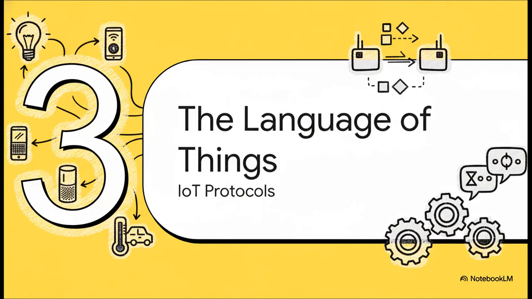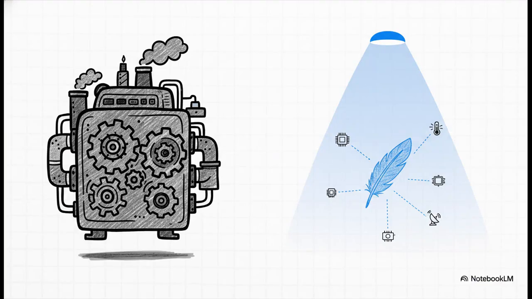Okay, so once you've picked your layout, the devices need a way to actually understand each other. It's not enough to just be connected. They need a shared language, or what we call in the tech world, a communication protocol. This is what makes sure that a message sent by one gadget can be correctly interpreted by another. Now, there are a lot of these protocols, but we're going to zoom in on one of the most popular,